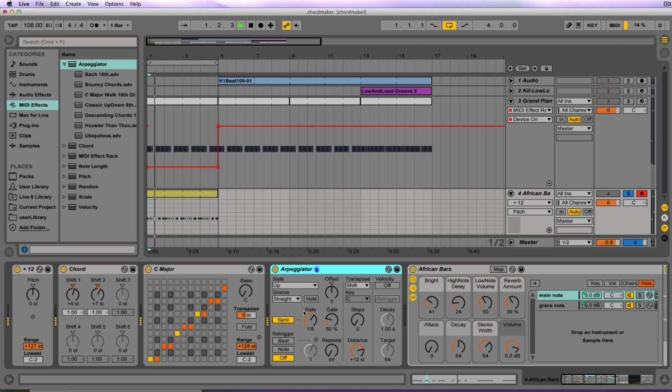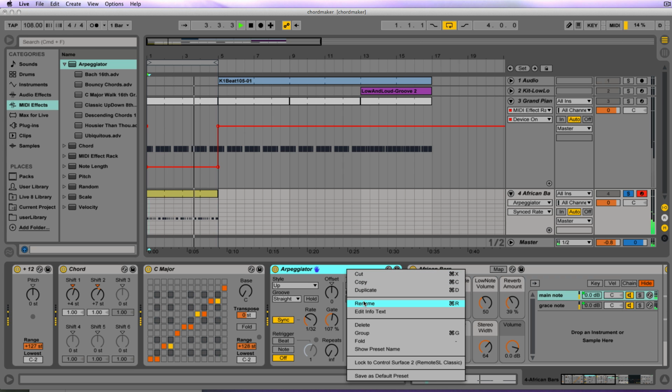And that's a really boring one. So it's kind of breaking apart my chords into individual notes, which is cool, but I don't like it too